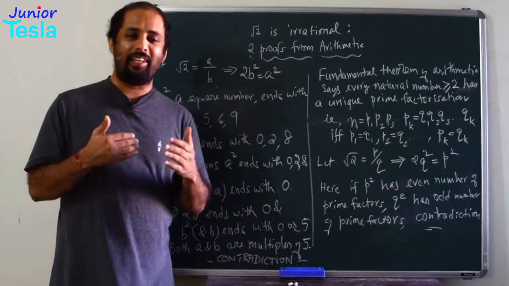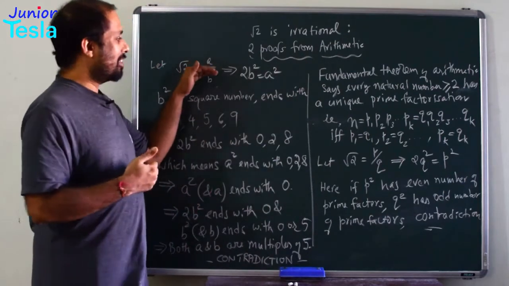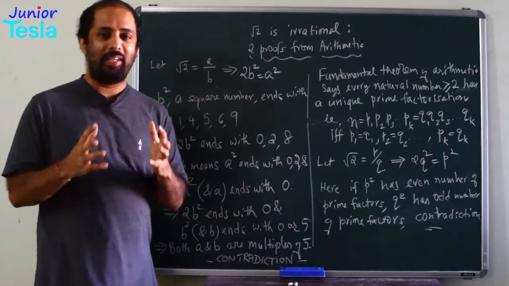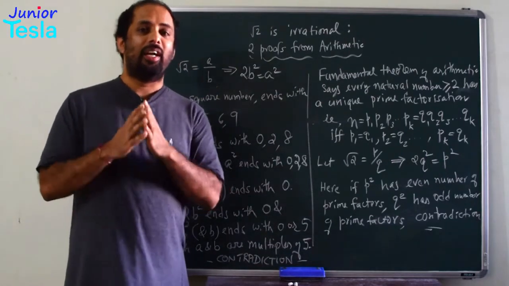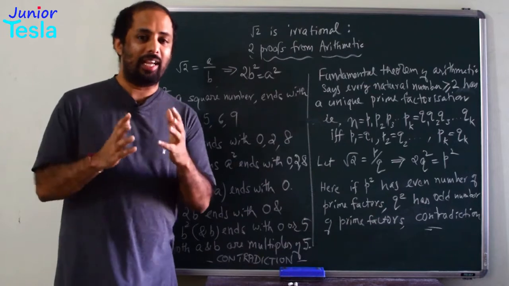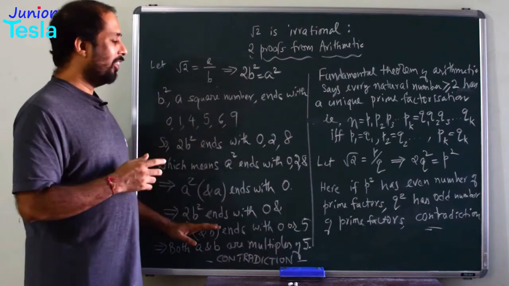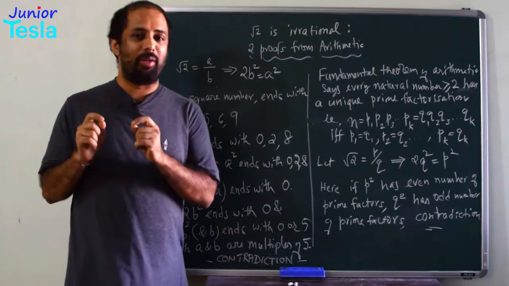So, this is the clear contradiction between the first step and the last line. Therefore, we can say root 2 cannot be written in the form a by b; it must be not a rational number, it is an irrational number. We are not using any algebra here, we are just using one single property of numbers,